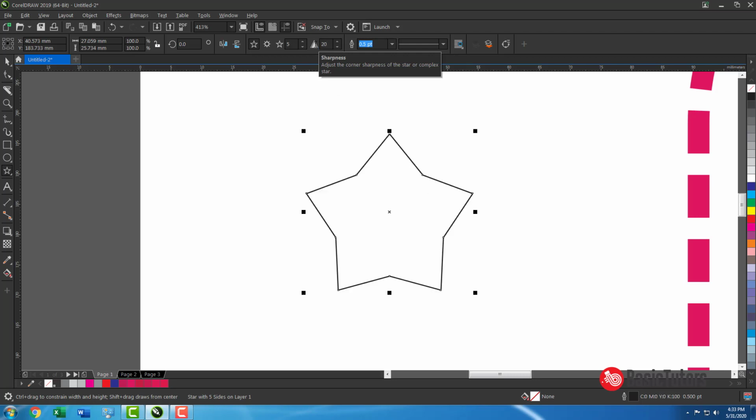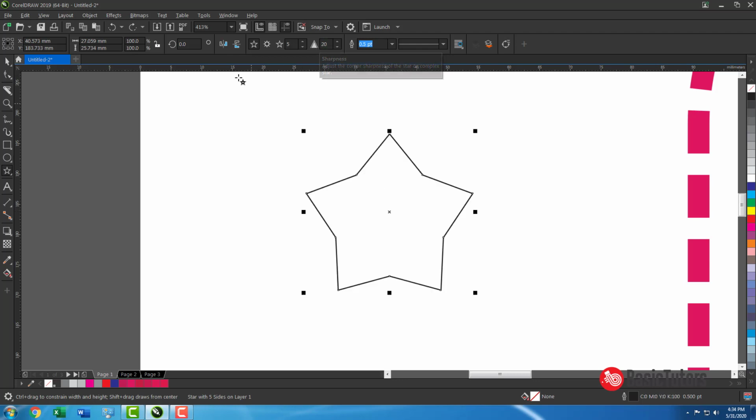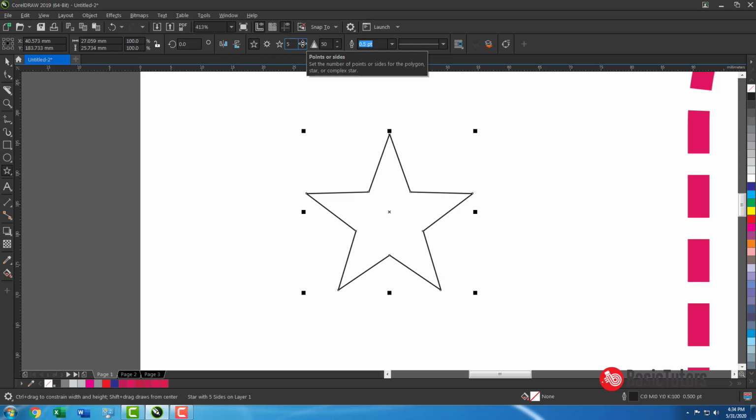You can see the depth gets reduced. So the more the sharpness, the more the depth. The value 50 is for getting the perfect star. These things are all complex. Can I explain later?